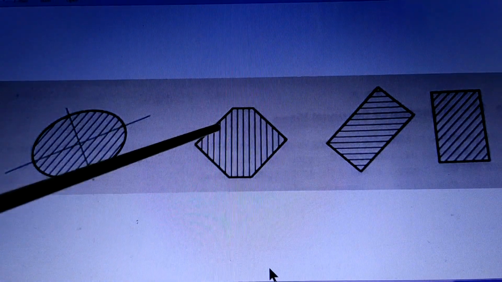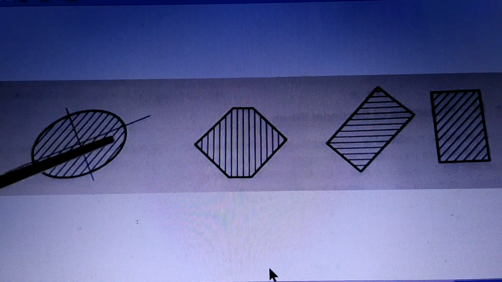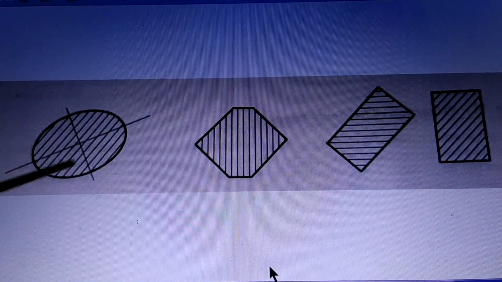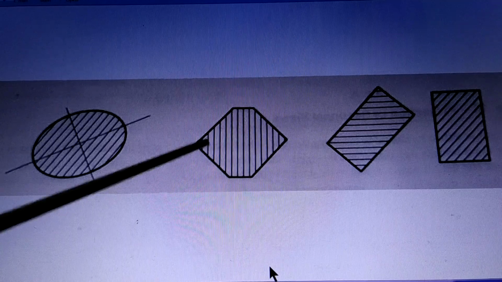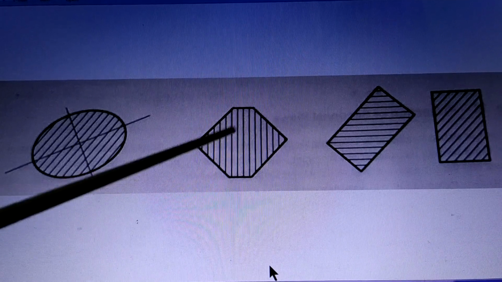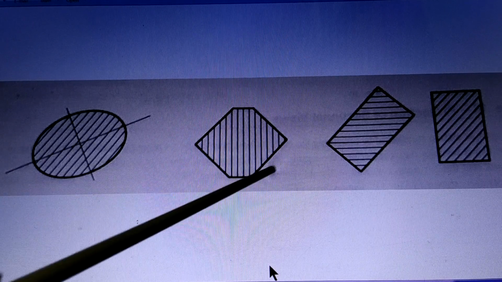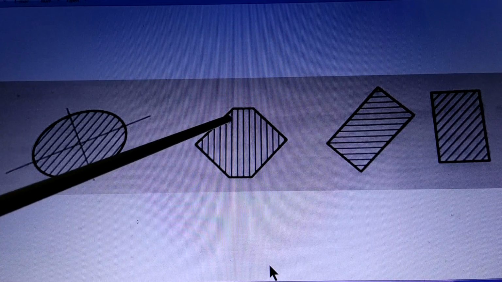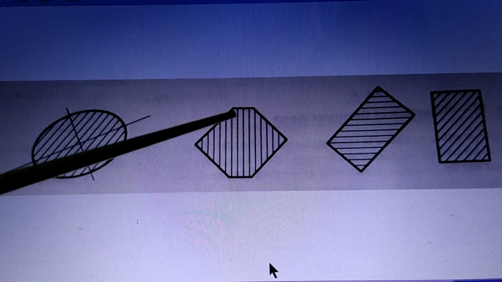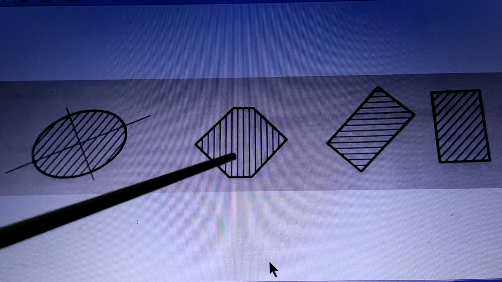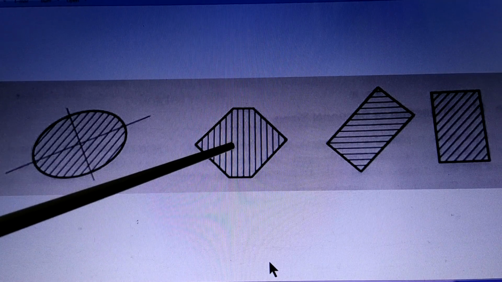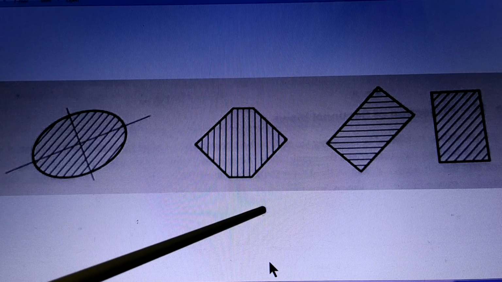So the rule is draw the section lines at 45 degrees to the axis or to the edges. And the other thing is section lines are drawn lighter than the outlines. Now we already know the intensity of outlines, which is the darkest of all, and the section lines are drawn medium dark. So dimension lines and section lines are medium dark, and as you know, the construction lines are the light lines.